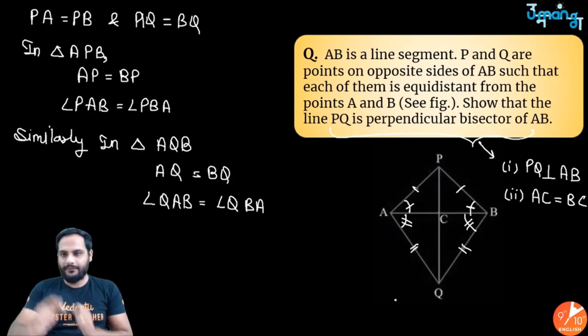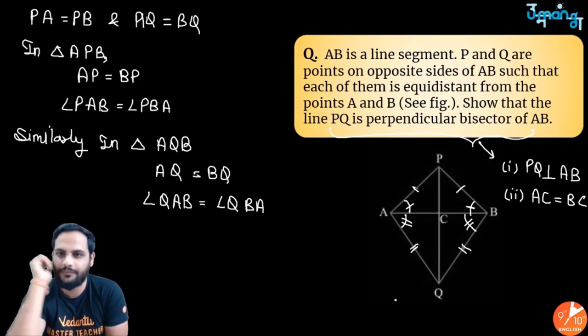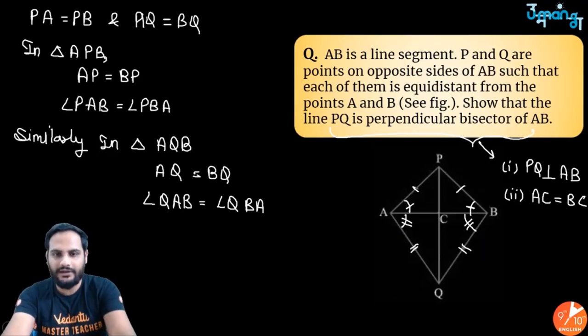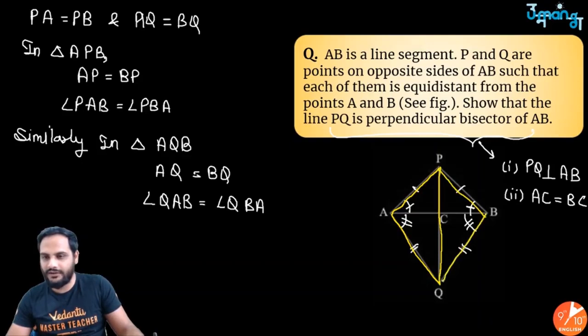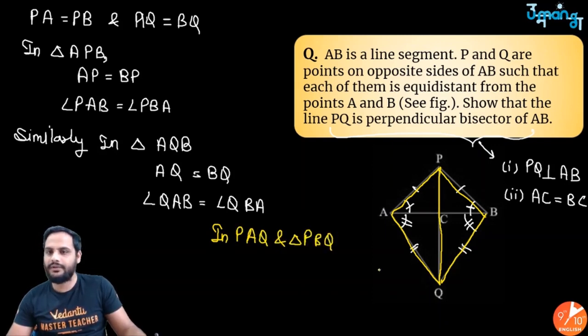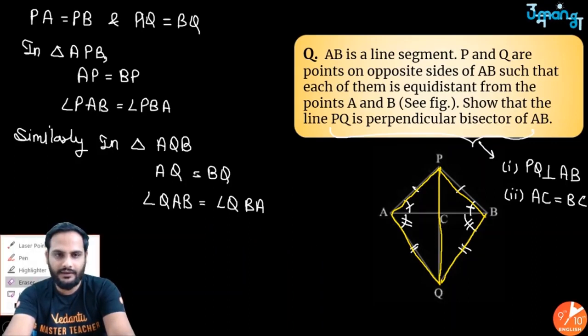Now understand, I need to move ahead. I want to prove that PQ is perpendicular to AB and AC is equal to BC. I don't know what you are thinking, but my mind is telling me to look at these two big triangles. Look at these two large triangles. Can I prove them congruent? Yes, easily I can prove them congruent. So I can say in triangle PAQ and triangle PBQ. Okay? But before proving this part,